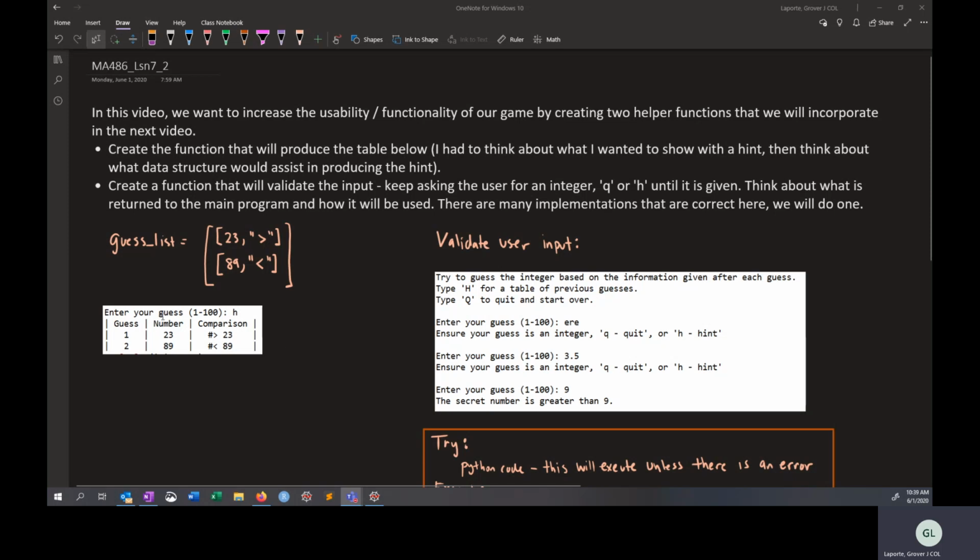like this. When you type in H, what I intended was to give you all of the guesses that you guessed up to that particular point, tell you the number that you guessed on guess number 1, and then tell you that the secret number is greater than 23. And then your second attempt was an 89, and then tell you the secret number is less than 89, so that you can look at this hint and say very quickly that, hey, my number must be between 23 and